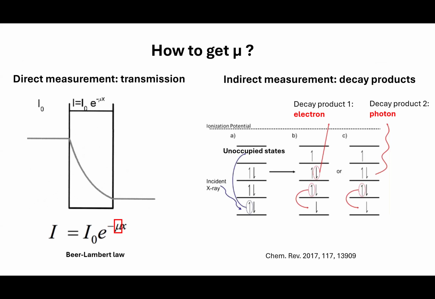So experimentally, how do we get mu? A direct measurement is, as mentioned, transmission, and that is described by the well-known Beer-Lambert law, right? When you have X-ray transmitting through your sample, and not just X-ray, the same applies to all radiation, infrared, laser, whatever radiation you have, it will be attenuated by the sample, and the attenuation is described by the Beer-Lambert law,